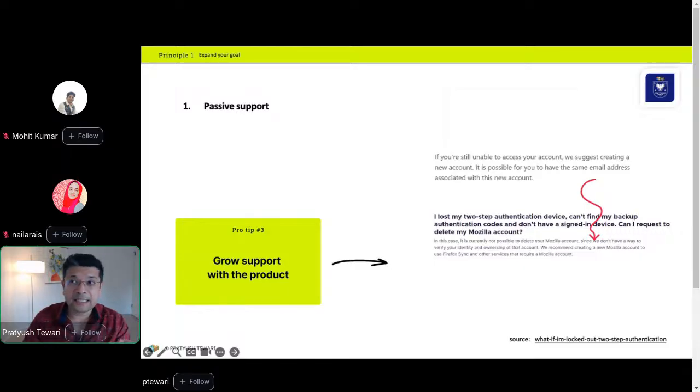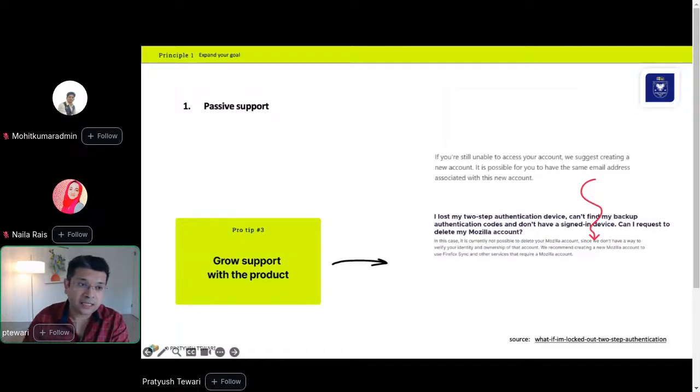There is a legal requirement that the user can access their data to be deleted. This is the company's obligation to fulfill. Not being able to do that for years is a violation and a legal problem that you can get into. So always grow your support as the rules change, and basically have a scalable strategy for your passive support as well.